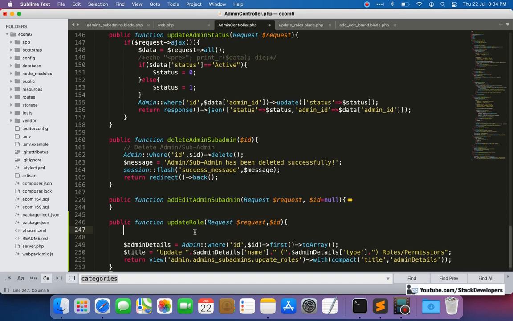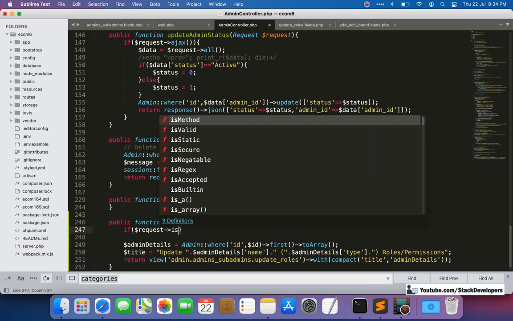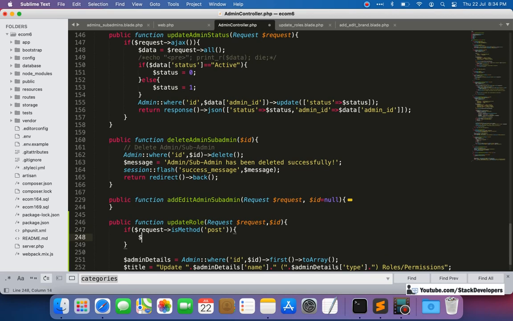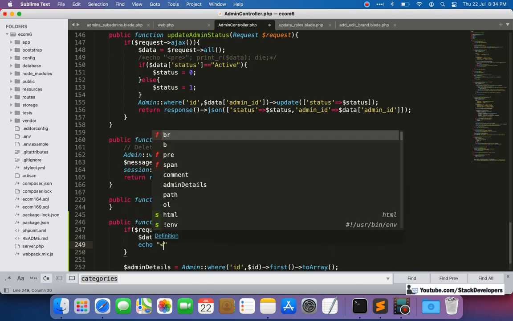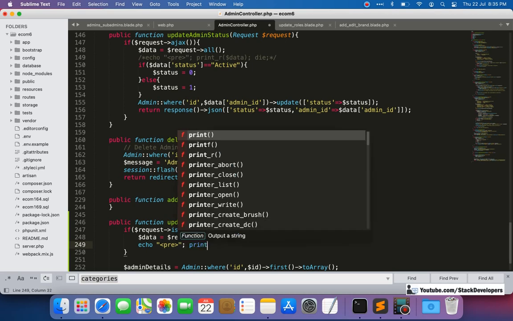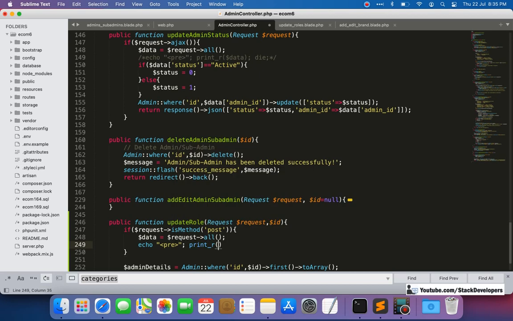And here, if $request is method post, then data will come here, $request all. So here we are going to first check the data, what data will come up here.